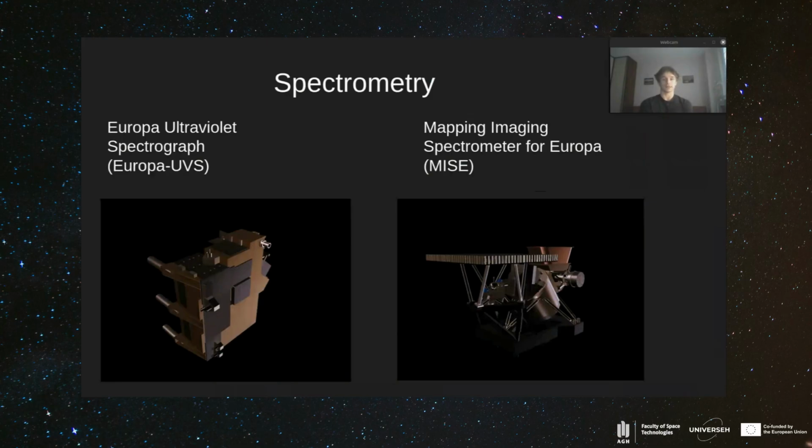Next instruments are responsible for spectrometry. We have Europa UVS and MISE. The difference between them is that UVS is responsible for ultraviolet light. MISE is responsible for infrared light. Those are a spectrograph and a spectrometer respectively, and